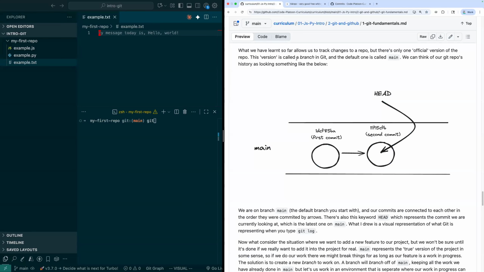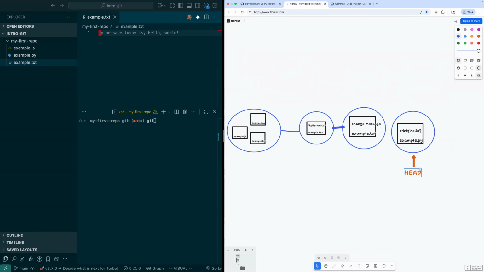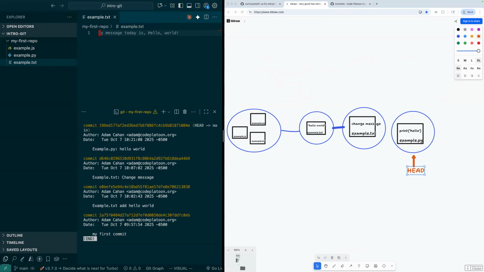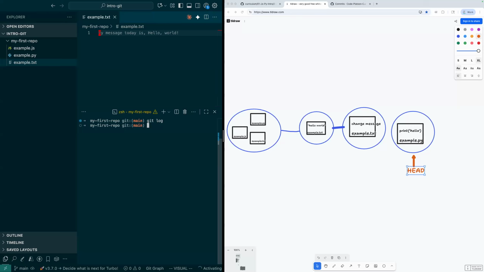So, branches. The most recent commit I've made, we refer to as the head, as in the head of a branch. A branch is basically how we can deal with having different versions of my code. We saw that when I would check out a previous commit and go back in time, Git would actually change the file, right? If I do git checkout the previous commit,